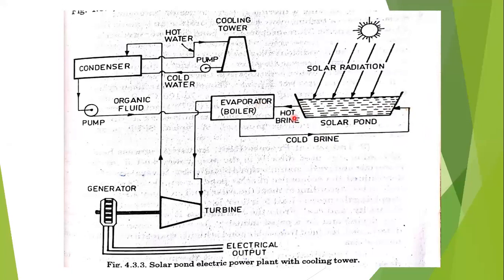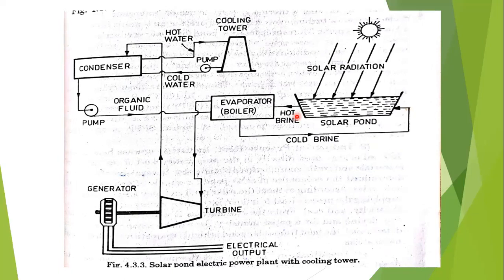For small or model ponds, heat exchangers are used. These consist of pipes which are placed in the hot lower layers, but they increase the installation cost, and there are continued pumping losses associated with the heat transfer fluid. These types of tubes increase the heat losses, and moreover they increase the cost.